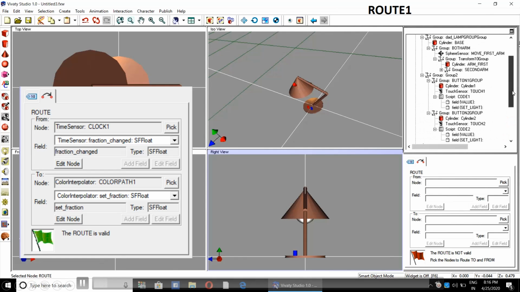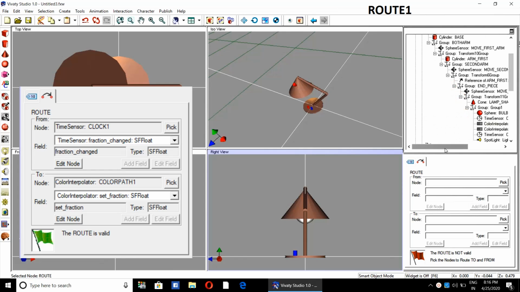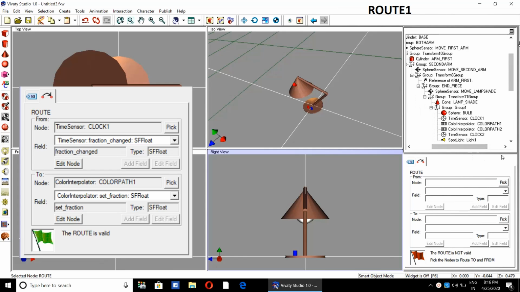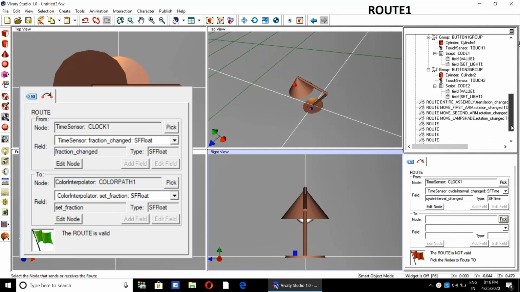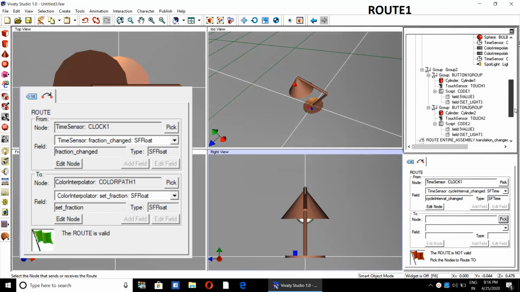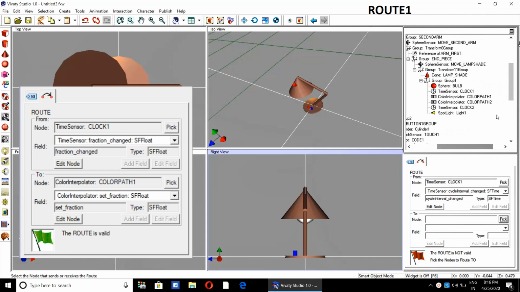Now we will define route number 1. It is from clock to color path 1, color interpolator 1. Pick the clock, expand, pick clock 1, then pick color interpolator 1. Color path 1.